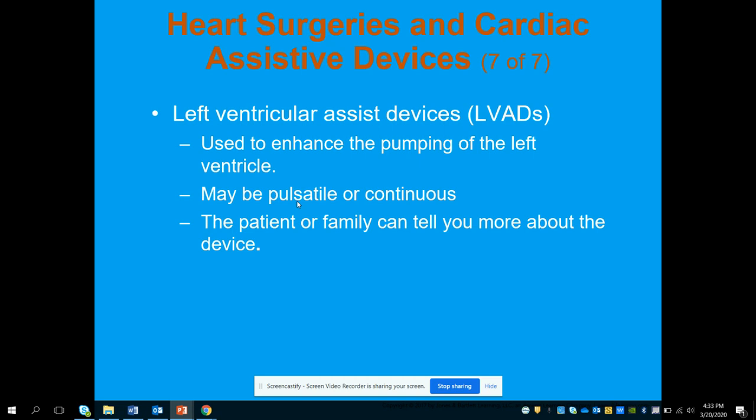If this fails, so the battery dies or something has happened and damaged the LVAD, the only thing that you can do is compressions, and the patient will likely still be awake. That's going to be probably really traumatic for them and probably really traumatic for you as the provider, but that's what has to happen. So if the LVAD fails, you will have to do compressions on the patient, even though they are still conscious